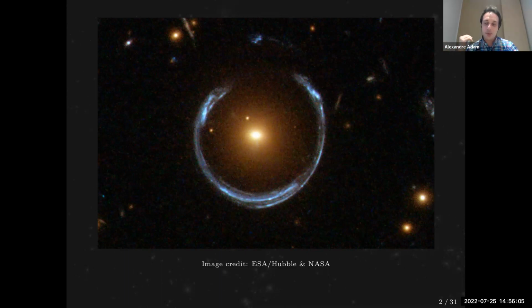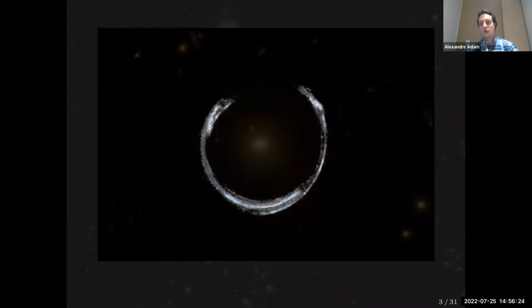This is one of my favorite images. This is the cosmic horseshoe. It gets its name from the characteristic shape of its ring. These systems allow us to do a lot of science. The lensed image, which is usually a source at high redshift, has its shape really bent, so it's hard to study just from this image.